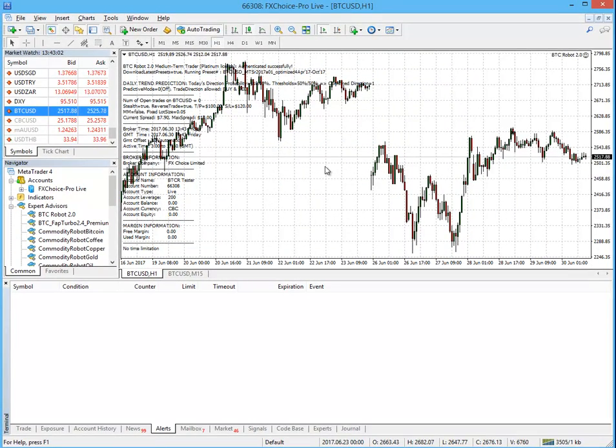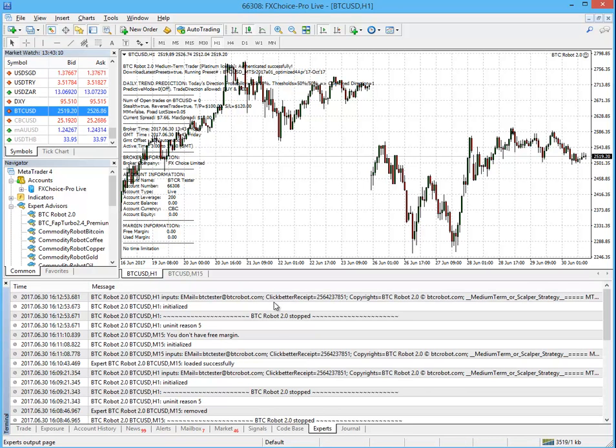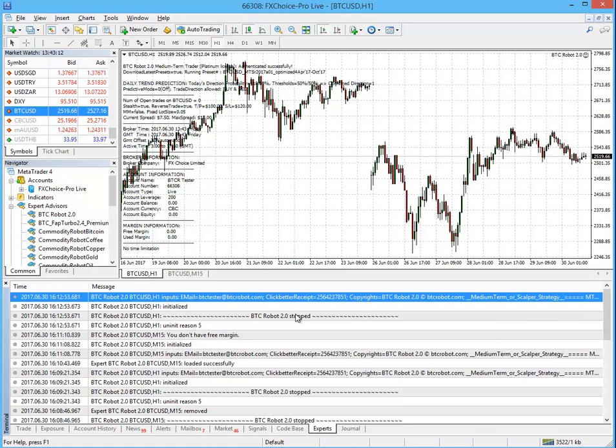Alrighty, so that's about it. If BTC Robot 2 runs into any problem, it will display an error here at the top on the chart, and also in the experts or journal tabs here below. So if you face any issues with the robot, please copy the errors, or better yet, just take a full screenshot of your Metatrader with the robot's error and settings clearly visible on the chart and send it all to